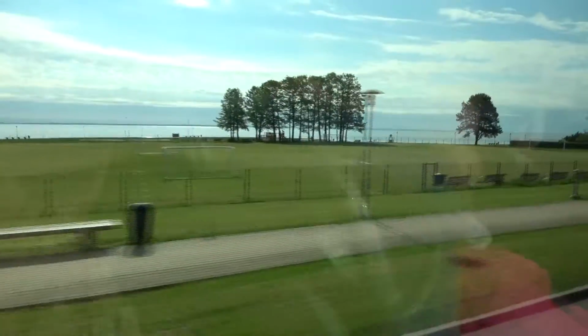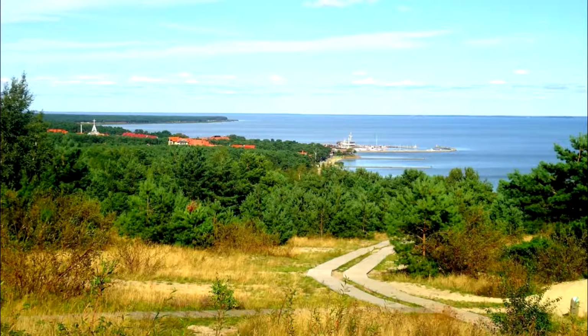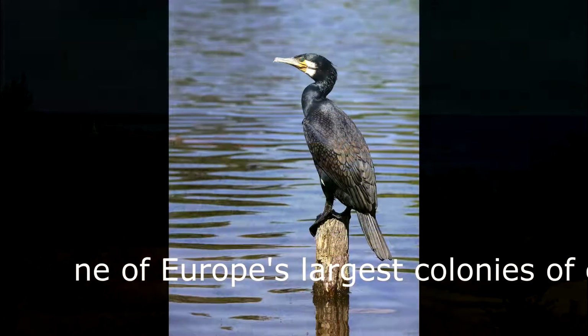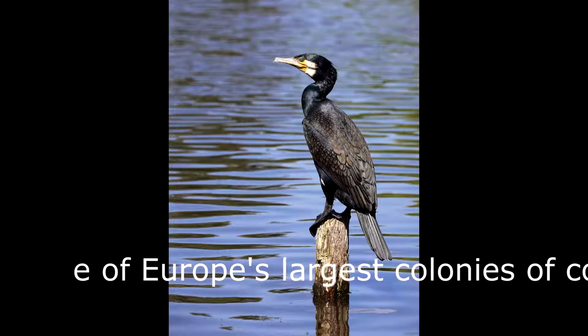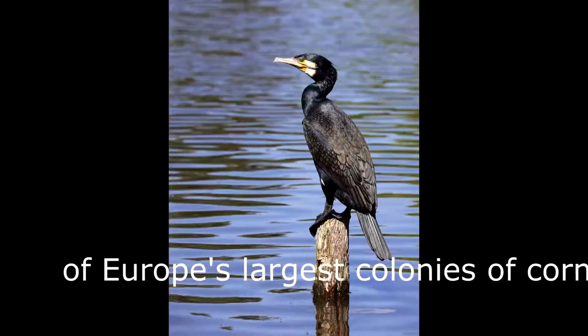I would like to start with the cormorants. Cormorants first appeared here in the 19th century. But quite soon they were killed by fishermen because they didn't like them, they ate their fish. And then cormorants appeared again in 1989. And first of all, workers of the national park were very happy, with a few couples, very